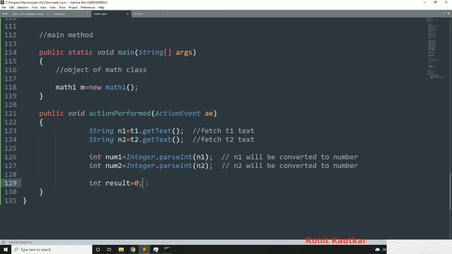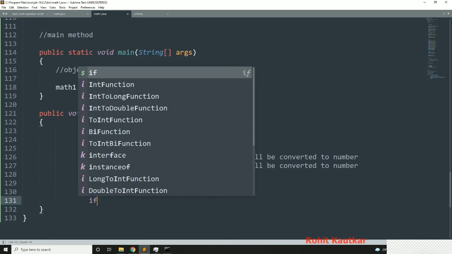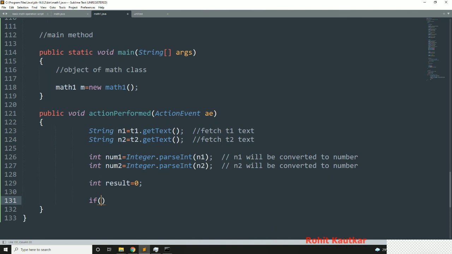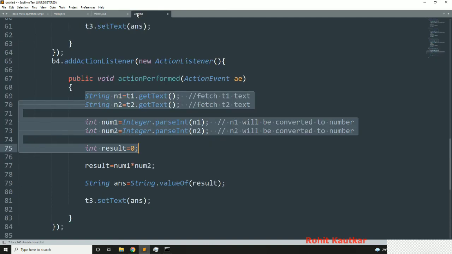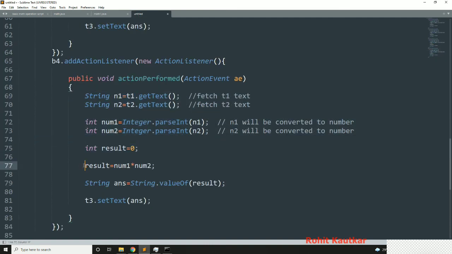Now next to this what I will do, I will try to check the source. So if AE.getSource is equal to button 1, then what we have to do, we have to perform the addition.